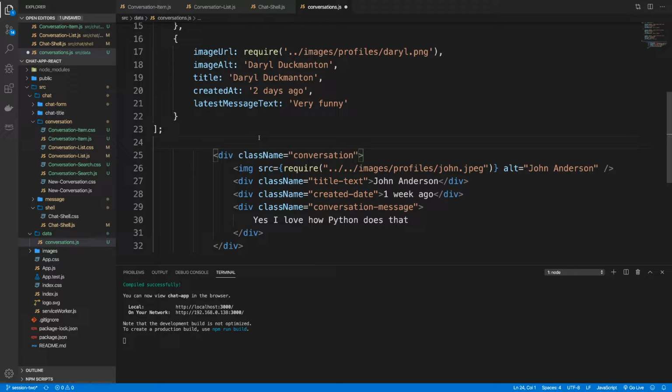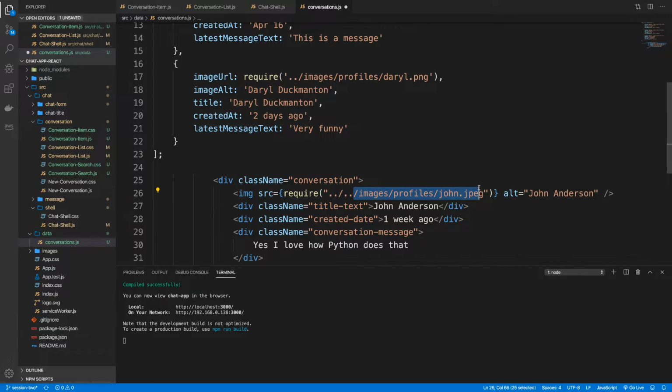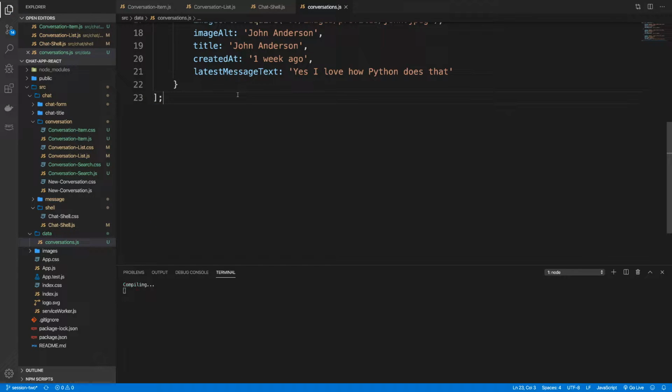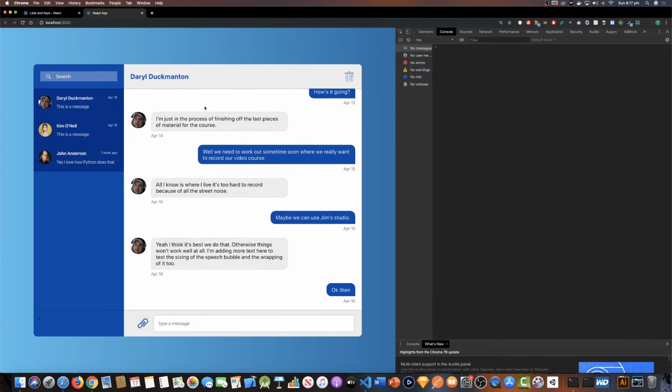And then we'll grab this one as well for John. So that's all of this here. And we'll grab John Hansen because he's the same for both of these. 1 week ago. And yes, he's talking about Python or something. Cool. So if I now delete that and save, we should have 3 entries. And we do. Now, the one thing I've noticed here quickly is that they're all deemed active, no matter what,